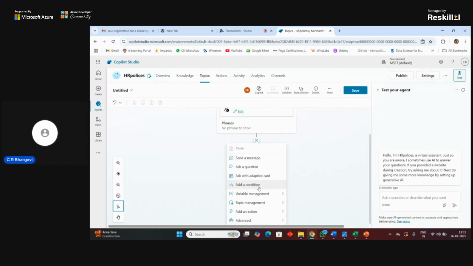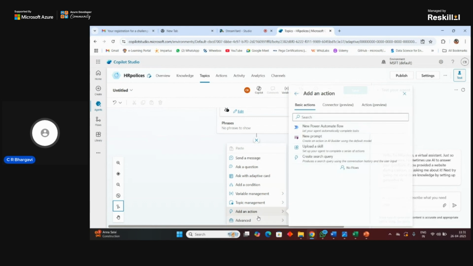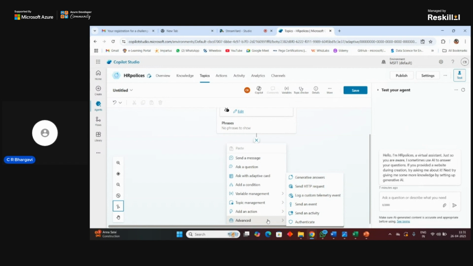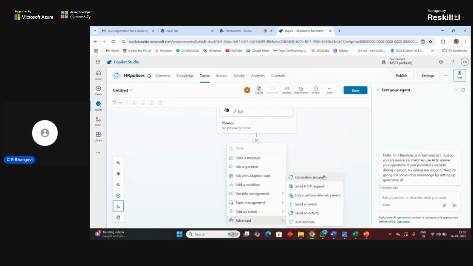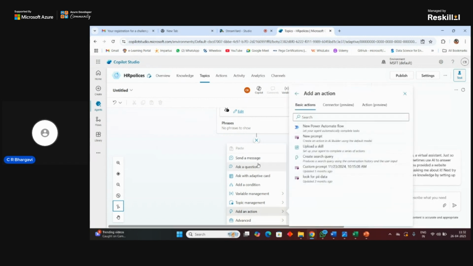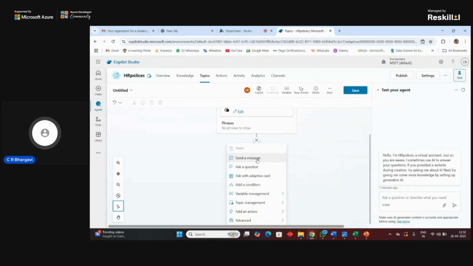When you want to add a condition, or when you want to add an action, then you will be using it. If your generative answers have to be generated, then you will be using these particular things. And when you want to just send a message normally, then you will be using this, or ask a question, that can be of anything.